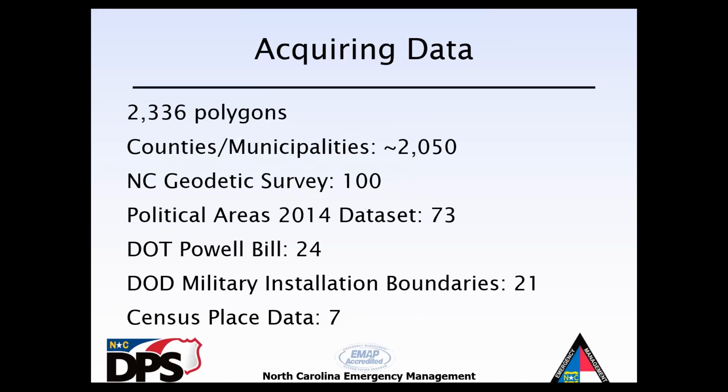So the final data set has more than 2,300 individual polygons. Some of these are dissolved into multi-part polygons, so one polygon showing multiple separated areas. And I did that because they didn't come with any information about the individual parts. However, where that information was included in the data from the county, I tried to incorporate that into the final data set and keep the parts separated.